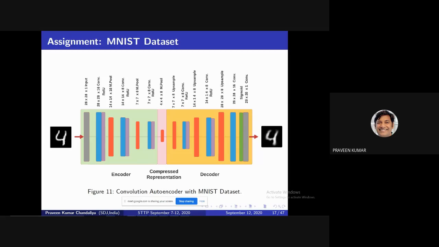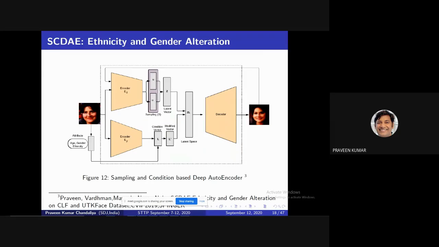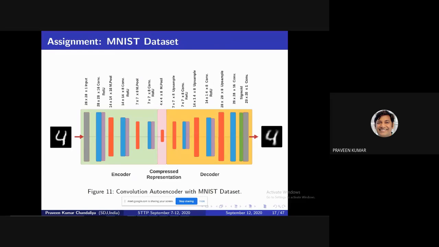Then you will be comfortable with what an autoencoder is and how to work on an autoencoder. I have given all the sizes, the same sizes. You use this convolution concept and upsampling concept. Use the same filter. The filter size I have mentioned, 16 cross 16 this way. Then based on this convolution autoencoder, I have developed one model.